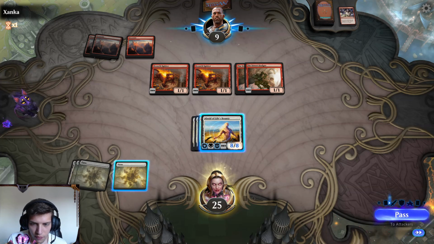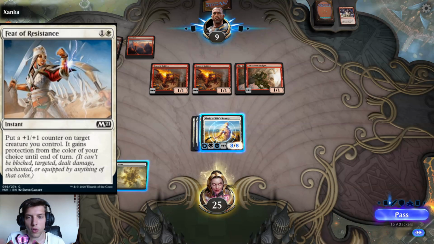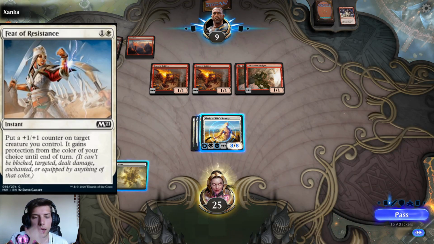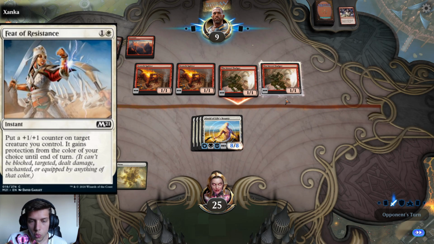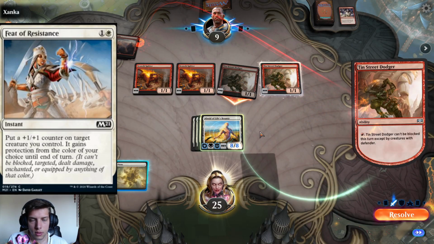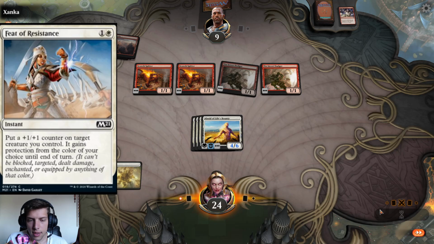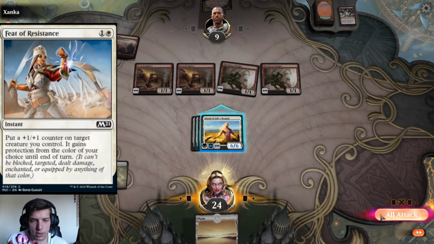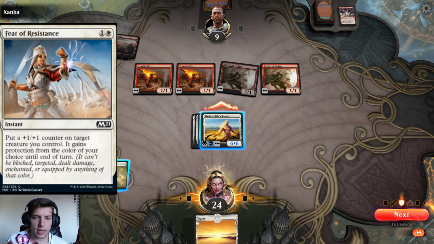Ugh. If it has a counter, right? Oh, where is it? Yes. Feat of Resistance. I forgot about this card. Yes. This card is a great problem solver compared to God's Willing. Alright, there we go. There we go. Oh, this is horrible. That's horrible. Yeah, because it...